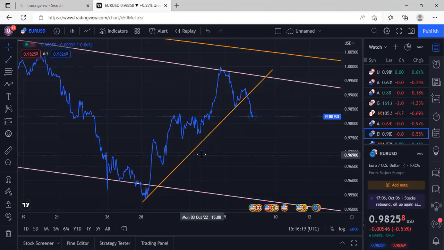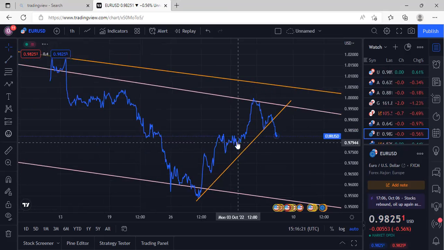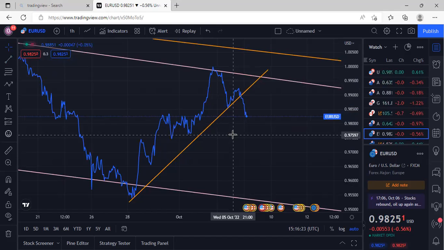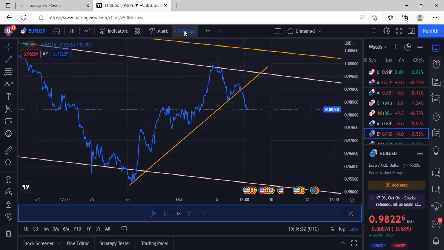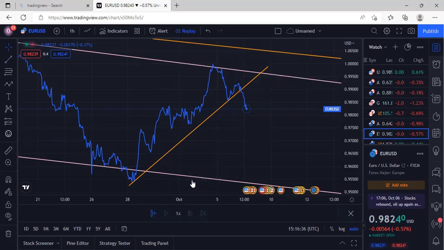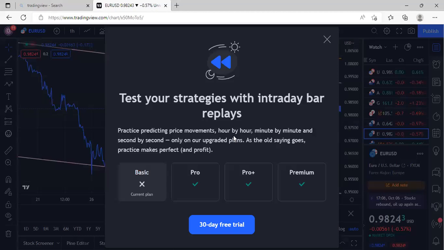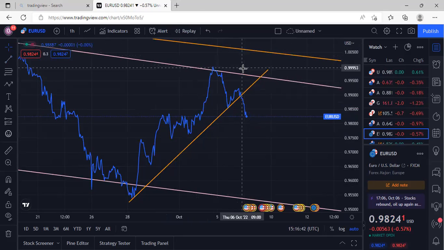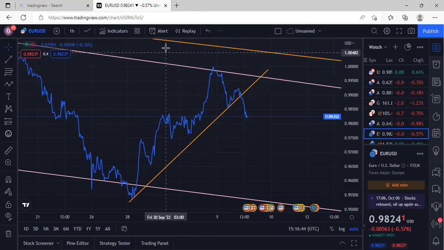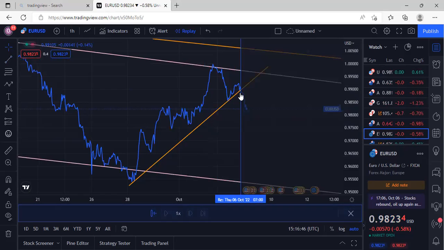A very nice setup. Let's say you are in this market, let's say like yesterday, right? Let us cut off this particular market from this particular area right here. Okay. Let us forget